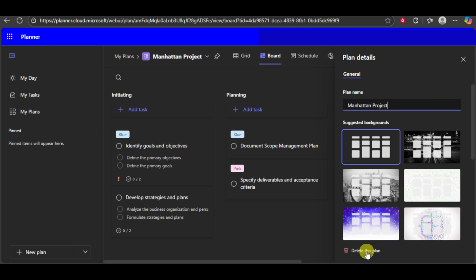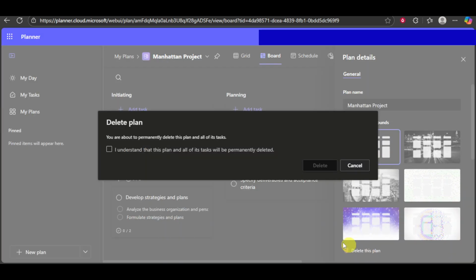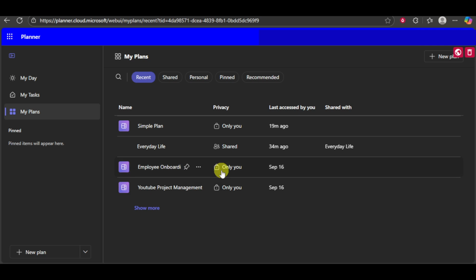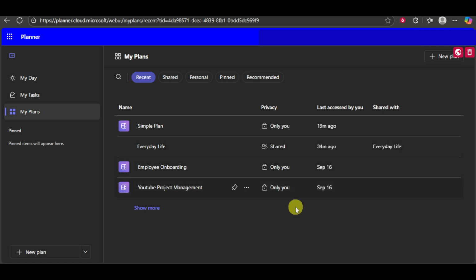From in there, proceed to click on this delete this plan option that we can find. Now, and here you can see this, so make sure to check it right here so you can understand that this plan and all of its tasks will be permanently deleted. From in there, click on this delete, then this will delete this plan for us. As you can see, it's now deleted and we can find it right here in our